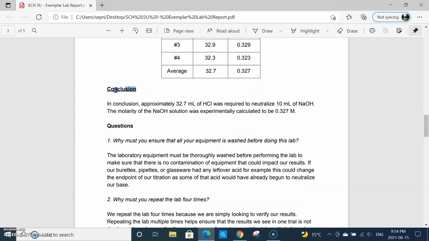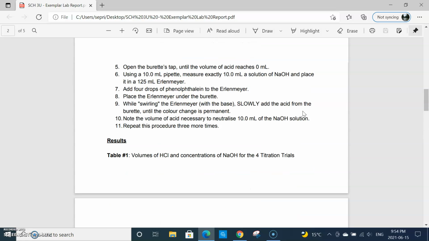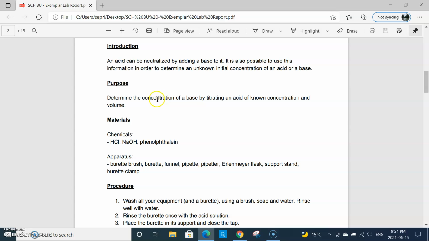Now our final section is the conclusion. This is just where you are basically restating the overall result of your experiment and then linking it back to the purpose. So the purpose of this lab was to determine the concentration of a base by titrating an acid of